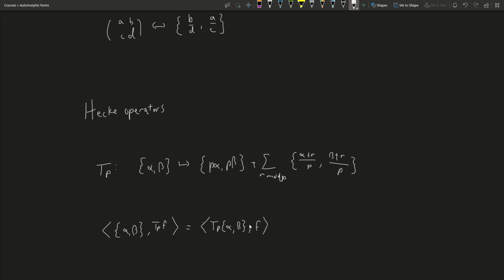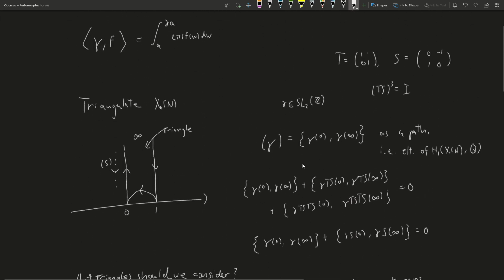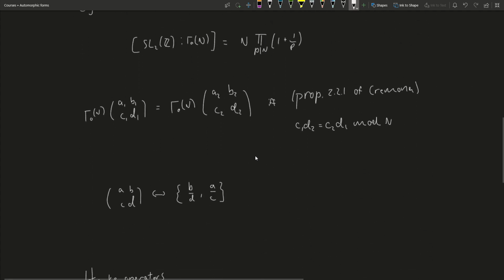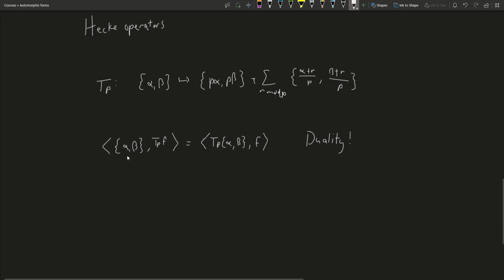So this duality is what's going to allow us to compute stuff we want to know about our modular forms, in particular the Fourier coefficients, because we can use this triangulation up here to write out all the homology of X naught of N, so we know exactly what's going on on the left here, and then we can write down what the action is of the Hecke operator on that homology,